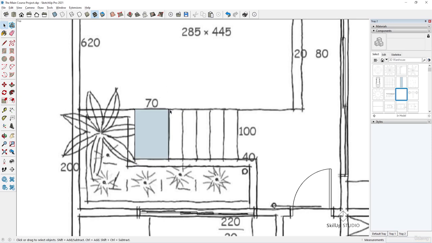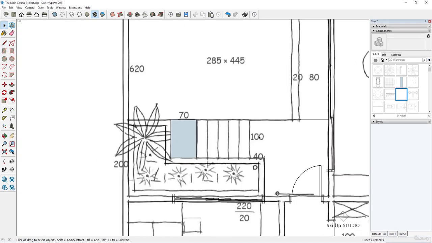Then from this point we will draw a line to the start of this door. Then we will draw an edge like this. Then we will copy it and move it 40 centimeters. Then with this edge, holding control, we will divide this distance and copy it to the start edge of the landing. Click on this point,